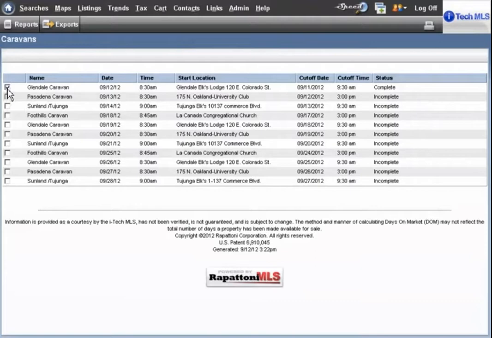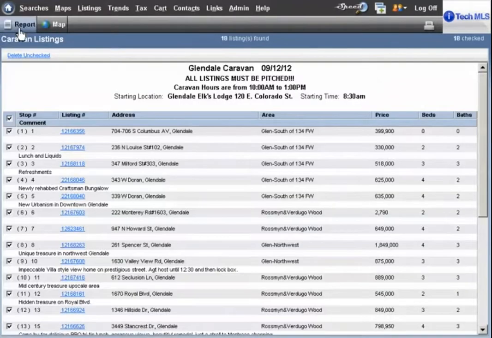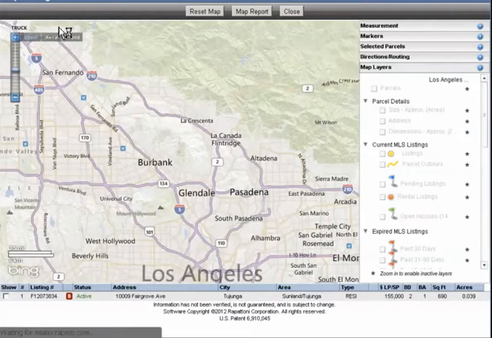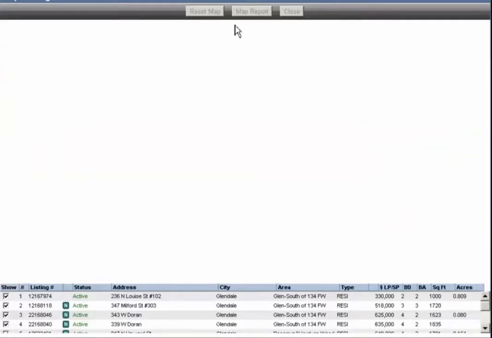So I'm going to select the first caravan, I'm going to hit reports, and it's going to bring up a list of the 18 properties that are on Caravan. Now you can of course check and uncheck whatever properties you want. I'm just going to leave all 18, and what we're going to do is go up to the map tool up here. So we're going to come up to map, and when we click on map it's going to bring us to,